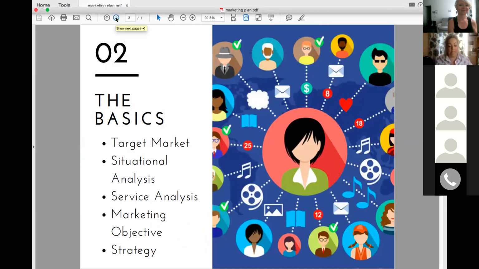Okay, so the basics. This is your marketing summary, really the introduction to your business. Whenever I do a marketing plan with somebody, we take some of these factors into account, so you want to include them in your summary to make it worthwhile. I always suggest that prior to marketing your service or product, you need to know who you are marketing